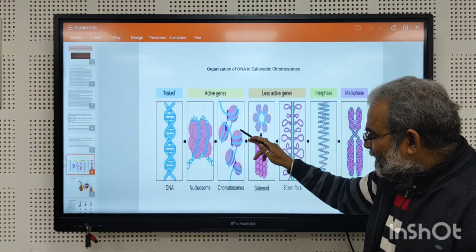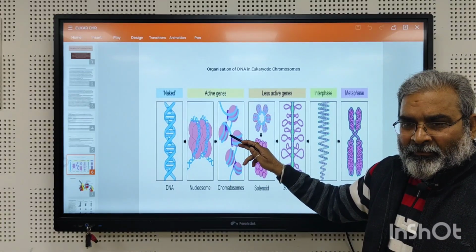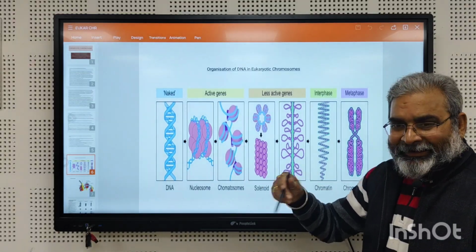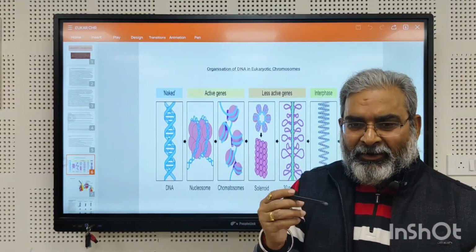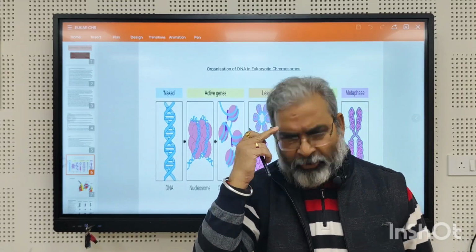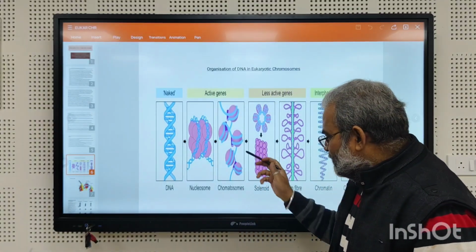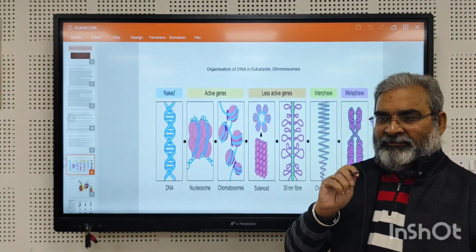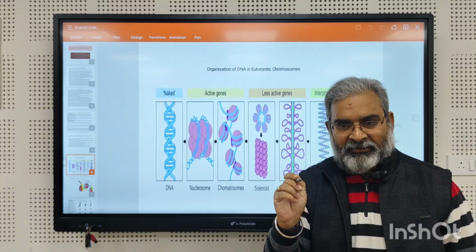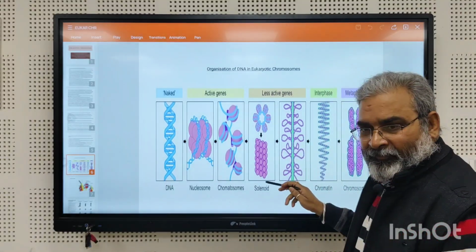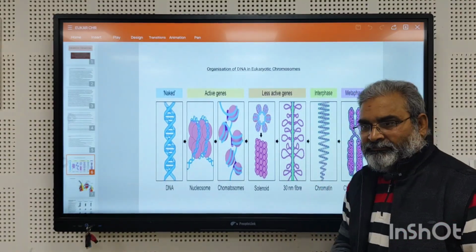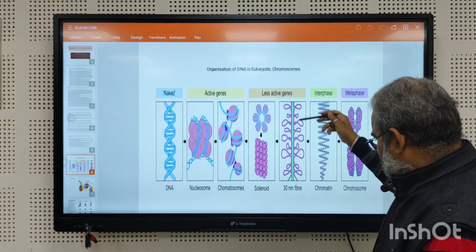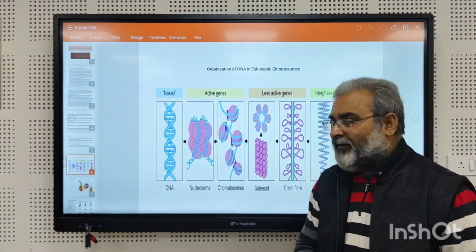Then comes the looping. ठीक है? And it forms the chromatosomes, and it forms the solenoid. Solenoid is a fibrous structure, and it represents the 30 nm fiber. With an axis, एक axis भी यहाँ पर, with an axis, it forms the